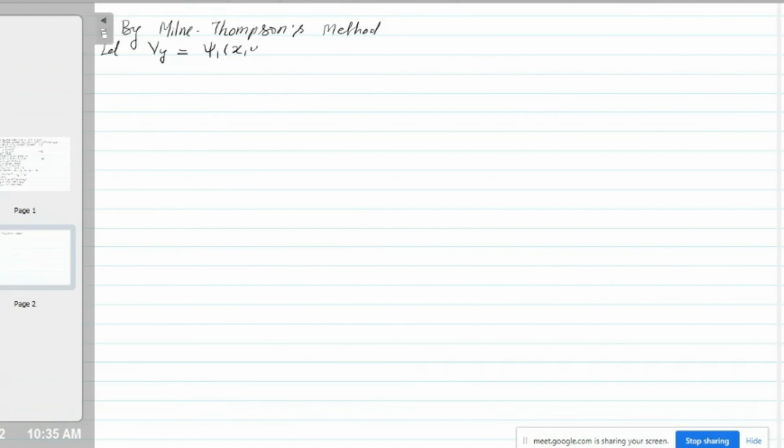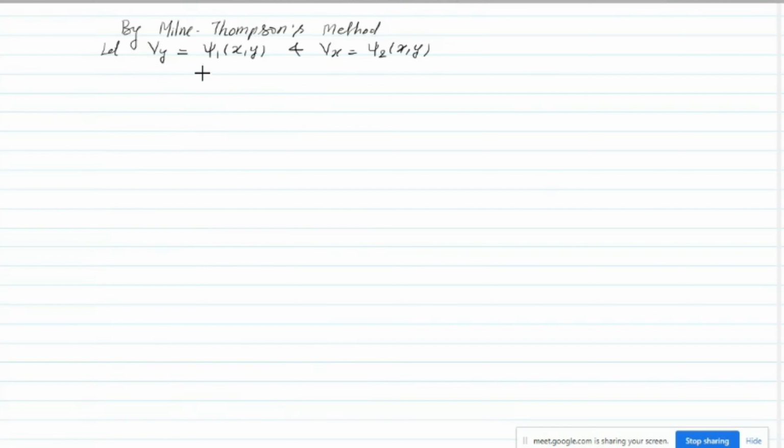Psi 1 of x comma y, and Vx is what? Vx is psi 2 of x comma y. Okay, but psi 1 of x is what? Psi 1 of x comma y we found, and psi 2 of x comma y is found. So therefore we write